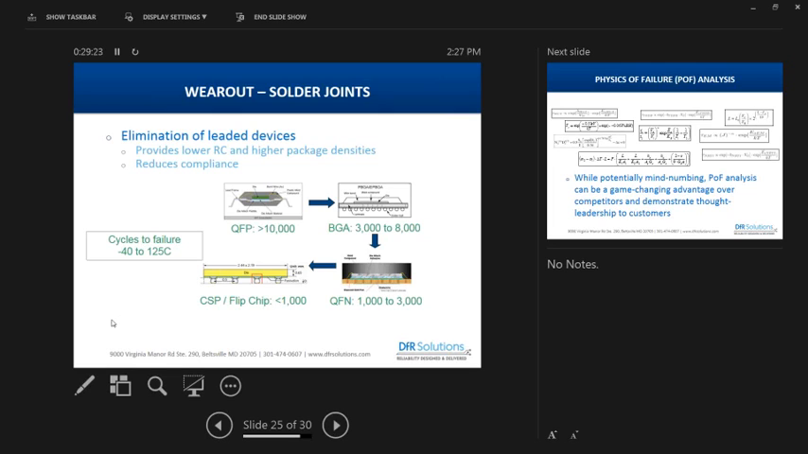So as you move away from the leaded package and you go to BGAs and then you go to the QFN and then you go to even the smaller CSP, where the die is almost as big as the part, your CTE mismatch between the part and the board is all taken in by the solder. There's nothing decoupling that motion or the stress on each other,